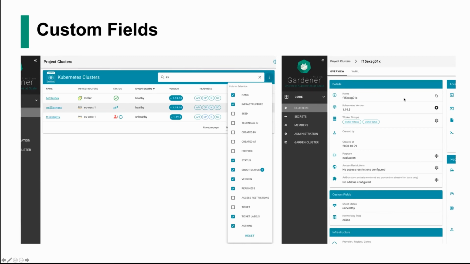In this screenshot on the right, you see that the custom fields have a dedicated section on the cluster list. On the cluster details page, you can see that this networking type is only visible here because it's configured like that. As I said, this is a feature that was actually requested, and I think it's a great way